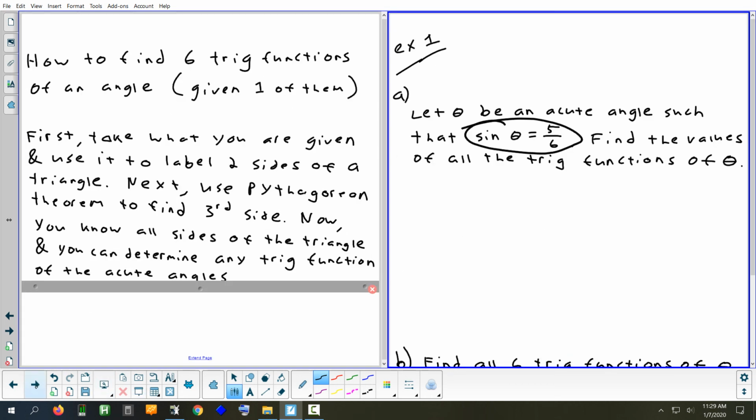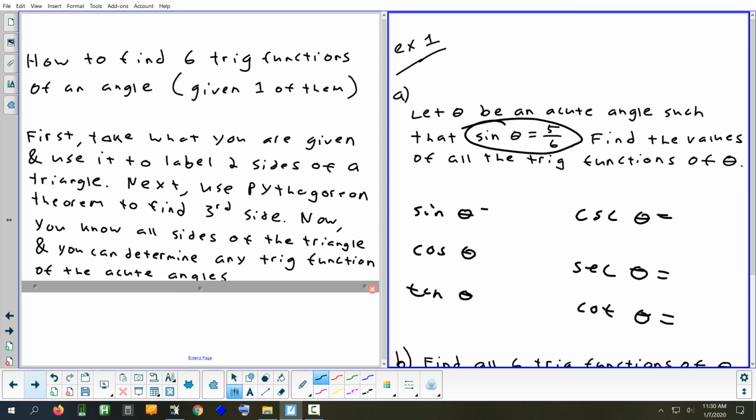All right, so looking at that problem, sine of theta equals 5/6. I want to make a chart. Sine, cosine, tangent, cosecant, secant, cotangent. Oops. Now,